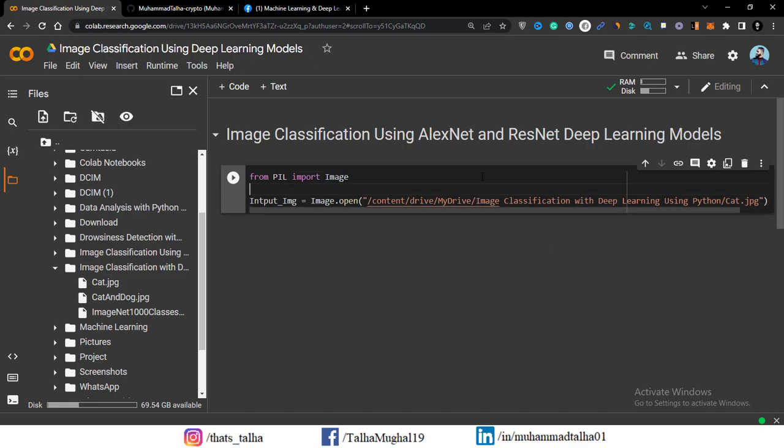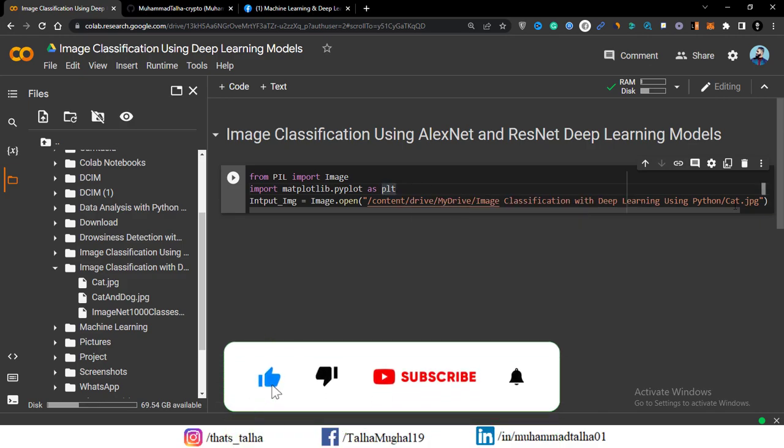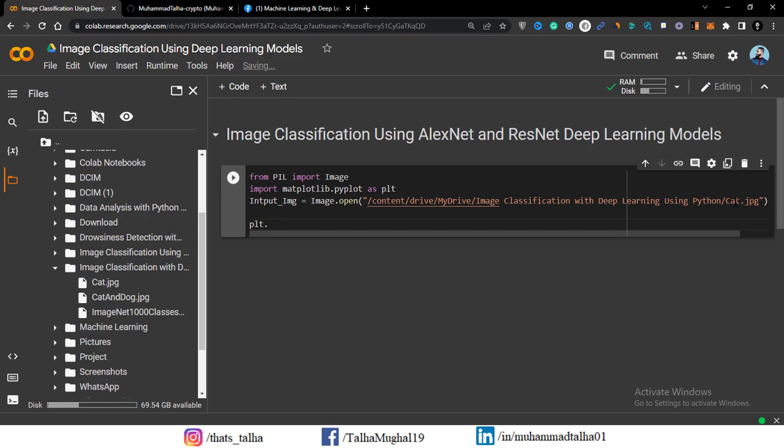For that we're going to need matplotlib, right? So I will just write import matplotlib.pyplot, and I'll give it an alias. Let's call it plt. I'm going to be using this dependency to plot my cat.jpg, right? So I'll call matplotlib and use the imshow method,